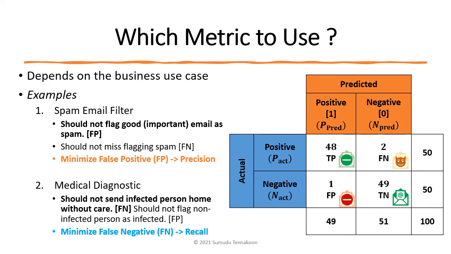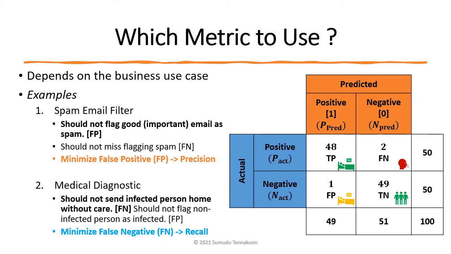So like the first one is for the spam email. I forgot to add the animation. The first one is for spam email. So you have the false negative, which is bad as well, but the worse case is having a lot of false positives. So in the medical example, what you will have is